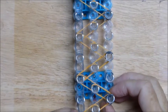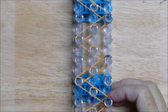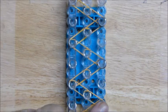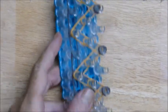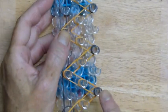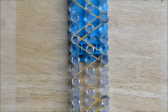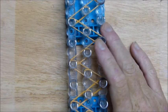Alrighty, your loom at this point will look like this. You can either look at it as a triangle, or the orange color makes a zigzag as you go up, and at the point of each of these triangles you will be capping it with the color you used for the base. Now we will be taking the gray color,